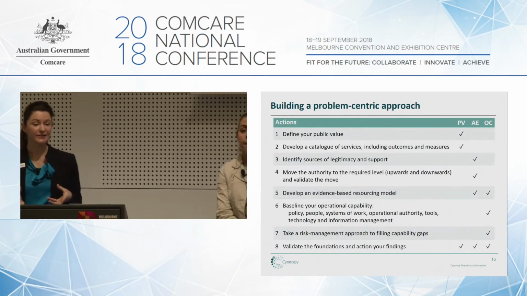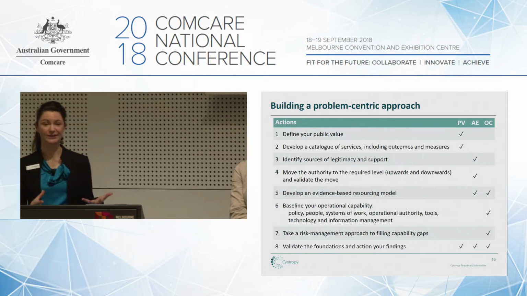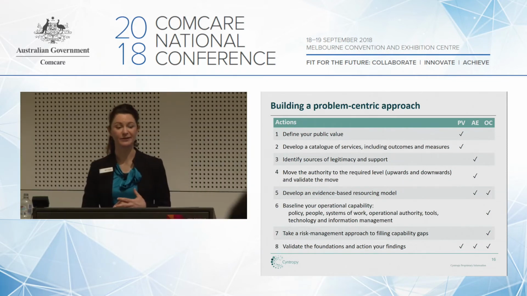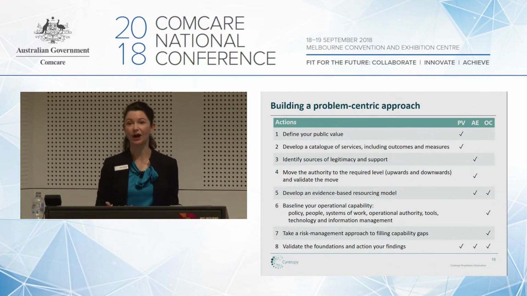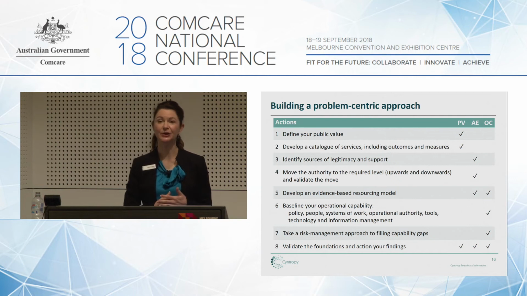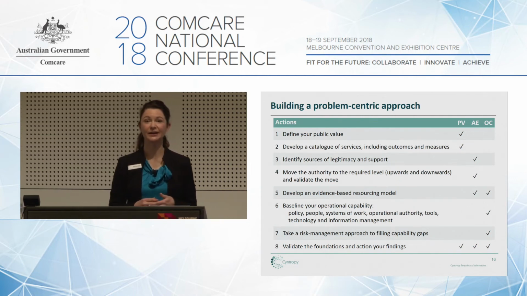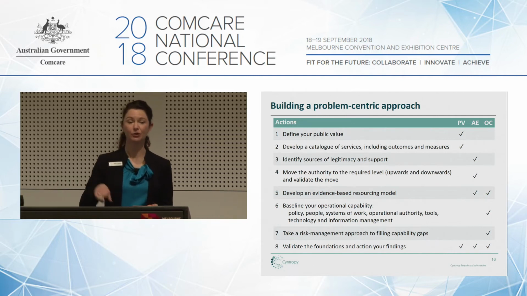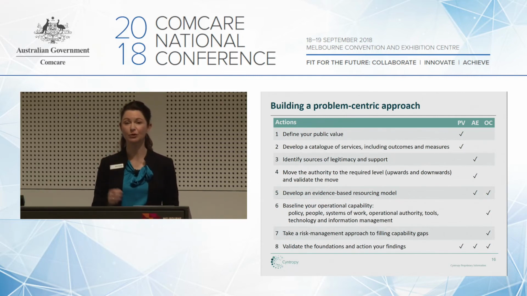So I guess we've started to define the problem. We can see some of the smaller areas we might be focusing in on, but where do you actually start? So for the purposes of actually addressing it, we've given a list of 8 actions. It's important to note that these aren't necessarily sequential, and it's iterative and incremental. You'll be going around this process multiple times, and each time you do, you'll be dropping another piece of capability